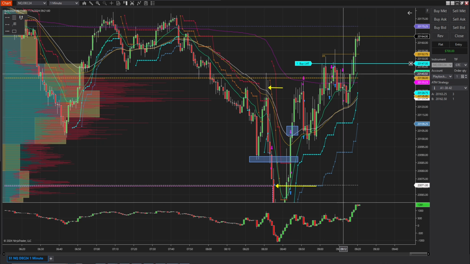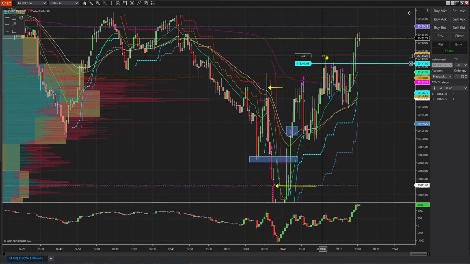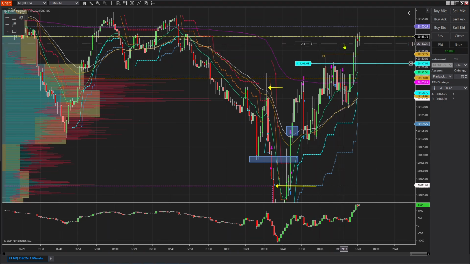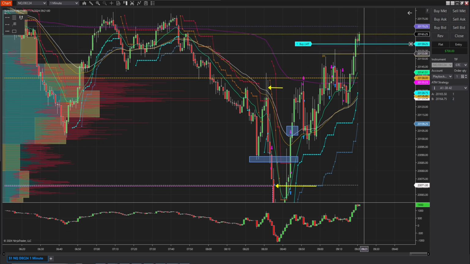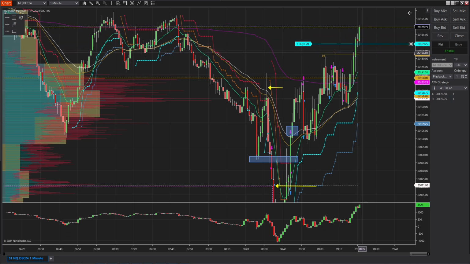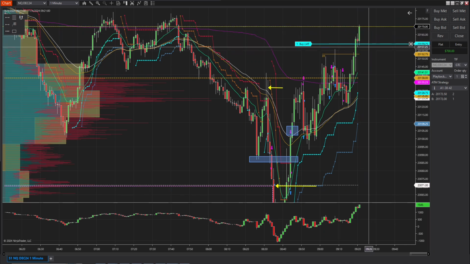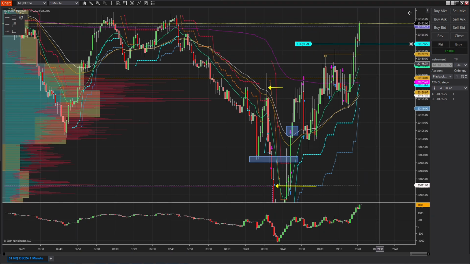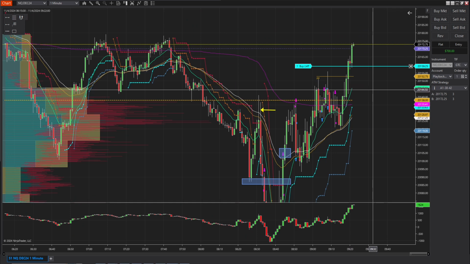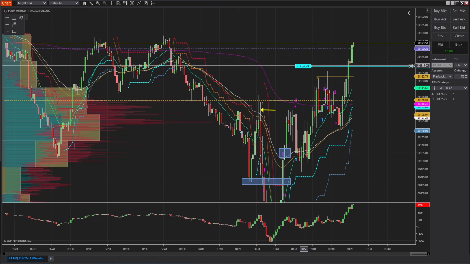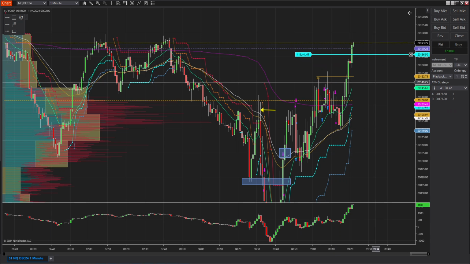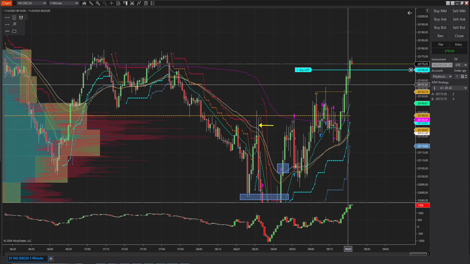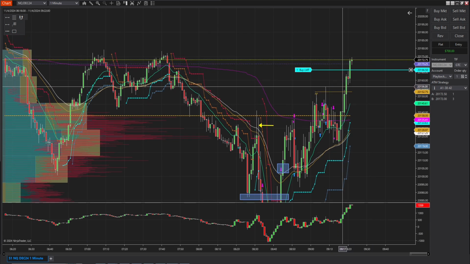So my idea right now here is to consider this as the pullback and keep this as the stop, but I should have acted a little bit more quickly there also. So the next idea here is to use the fair value gap here. This is a little bit risky, but the stop has to be honored right here,